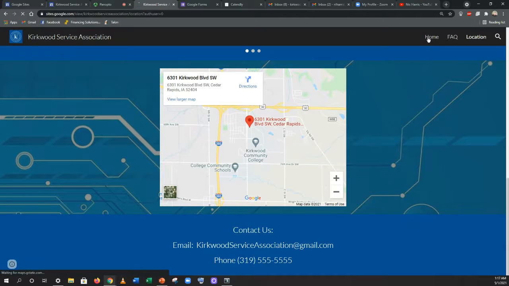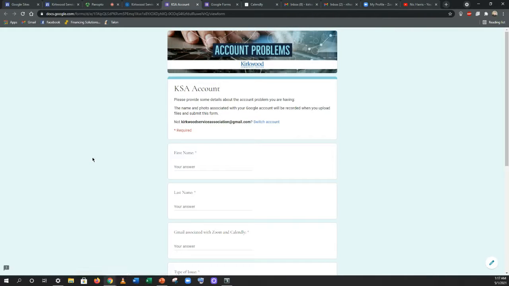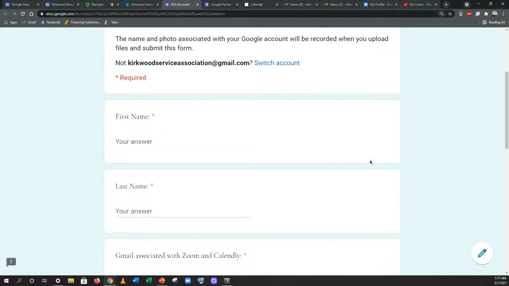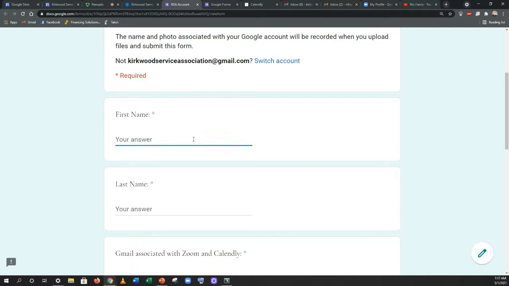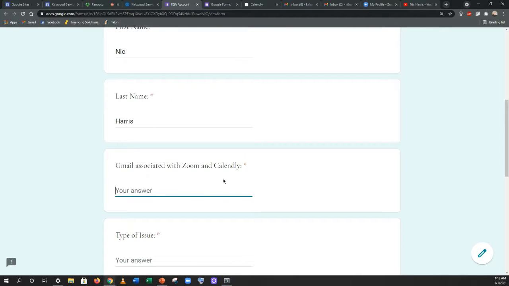So navigating back to the homepage here, we're having an account issue. So we're going to fill out an account form. So we're going to click here. It's going to redirect us to our form creation account page. So from this page, we will enter our name, last name, the Gmail that is associated with our Zoom and Calendly accounts. Mine is going to be